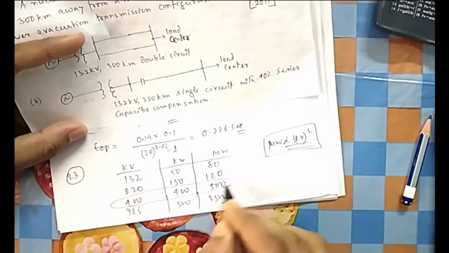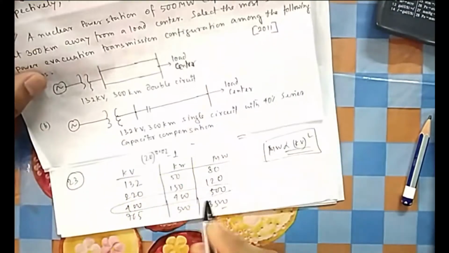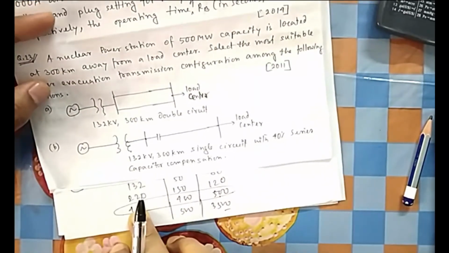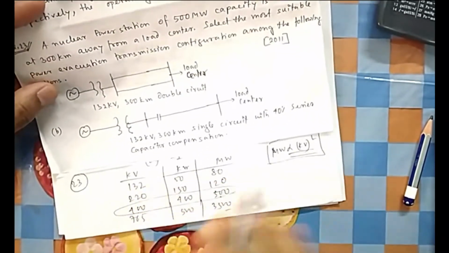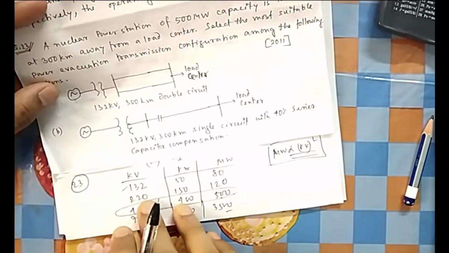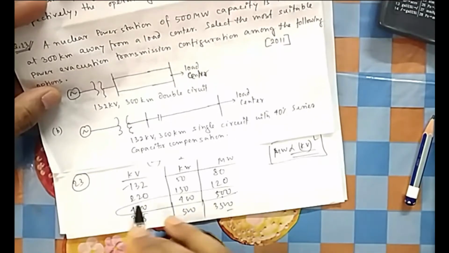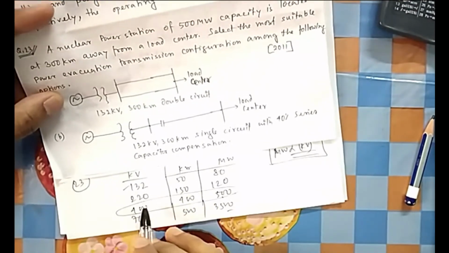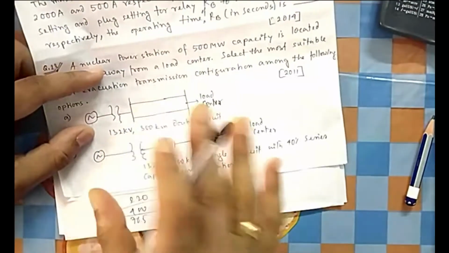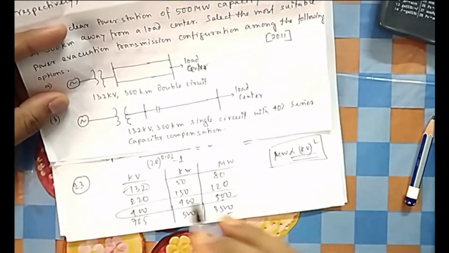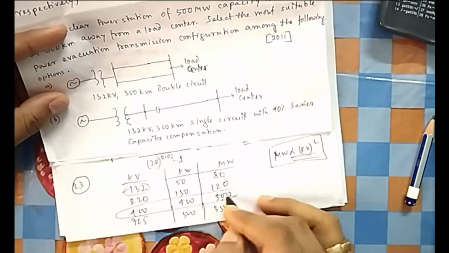For your given load, that is 500 megawatt, and 300 kilometer, you should go by 400 kV, not 132. So you should have this idea. They have not confused you by giving 220 and 400. They could have given these two, and using double circuit you could also think of 220, but they just wanted to know whether you have a rough idea of how much kV takes how much power. You can see there is a huge gap between 132 and 400.